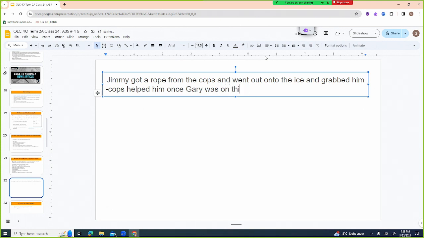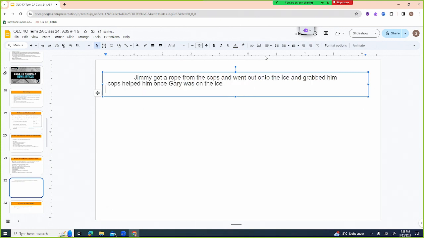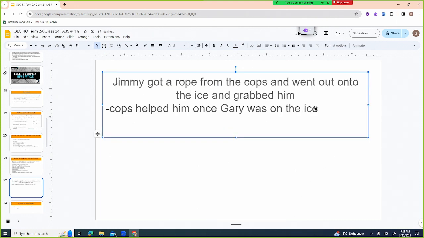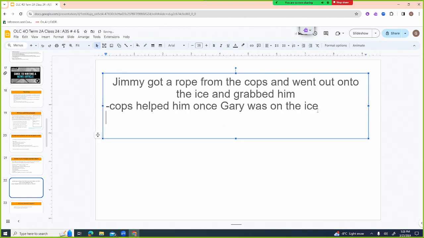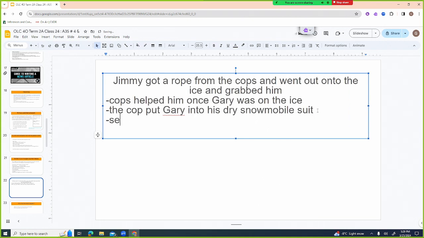And then there was a whole bunch of things like they changed snowsuits. The cop put Gary into his dry snowmobile suit. Set a fire.